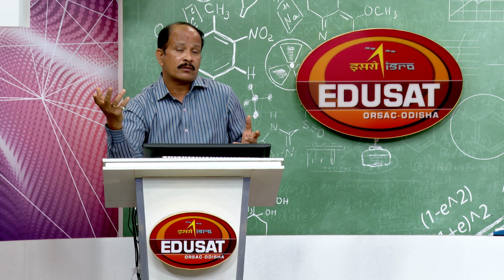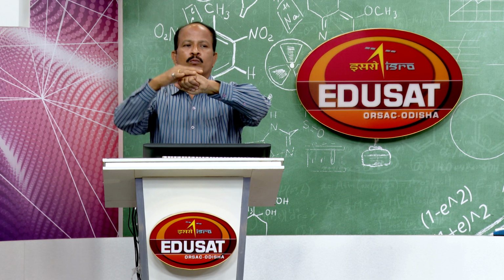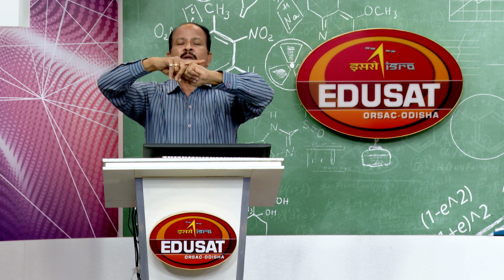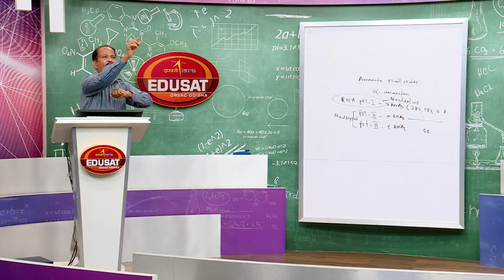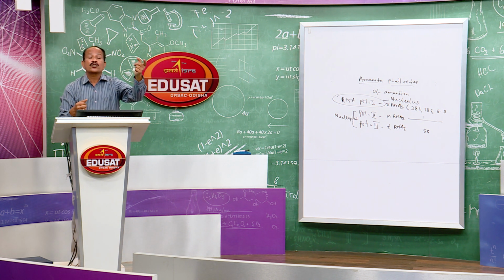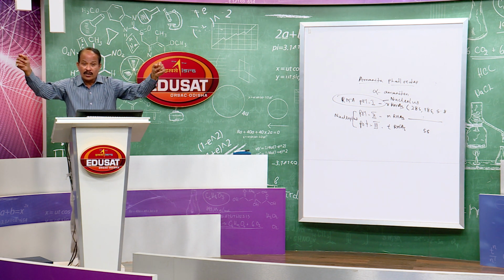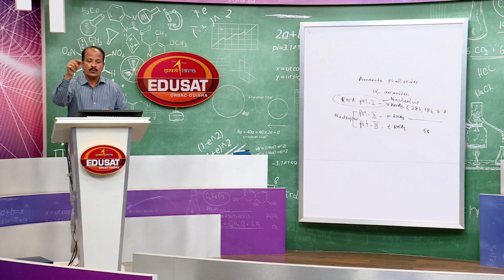Its name is transfer RNA. What does it transfer? If I make this the ribosome to which the messenger RNA binds, and this is the cytoplasmic area, then transfer RNA binds an amino acid and brings it to the site of protein synthesis, that is the ribosome. So, that is why its name is transfer RNA. It transfers amino acids from different corners of the cytoplasm to the site of protein synthesis, that is the ribosome.